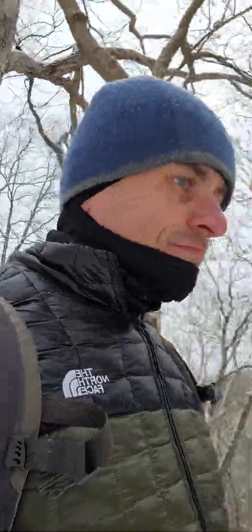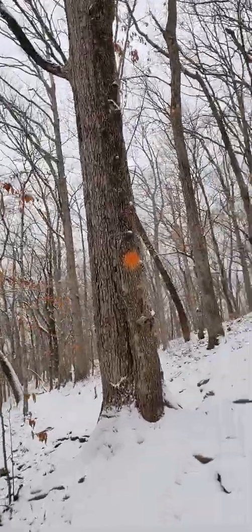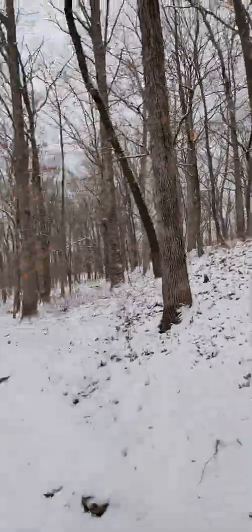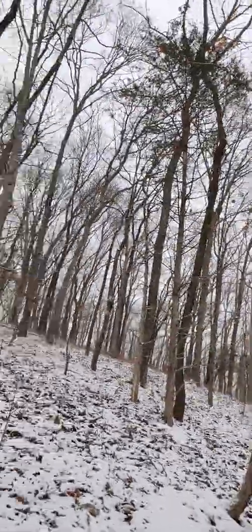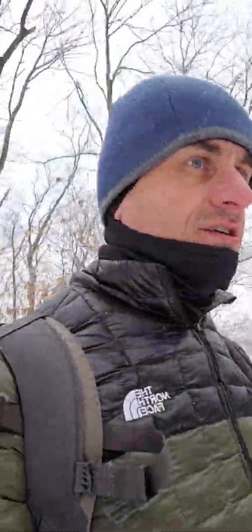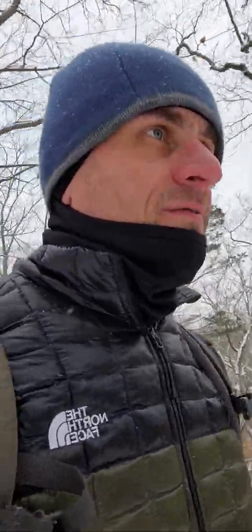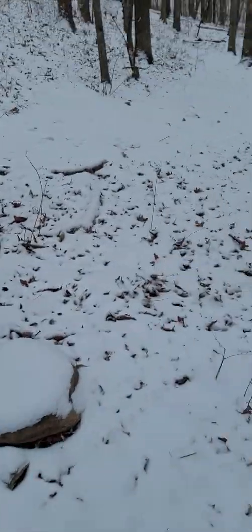So this particular trail in the summer is like a jungle. It's really humid and sweltering, with lots of animal sounds and lots of foliage. But in the winter, it's kind of peaceful, and you can only hear the birds, but you can't hear them because I keep talking. But yeah, so as an intro to hiking,